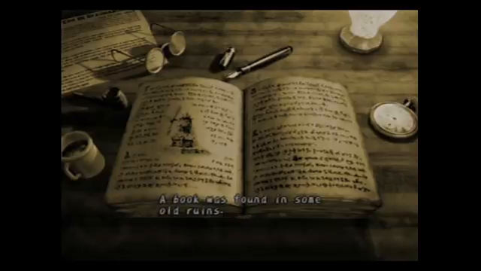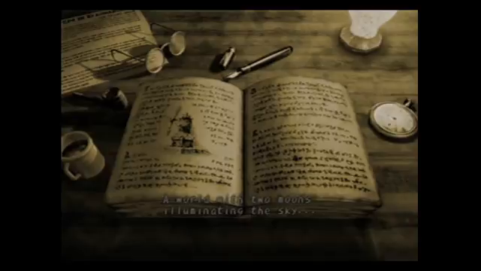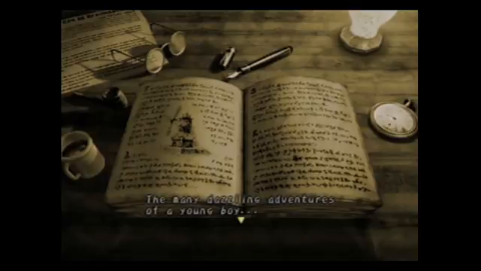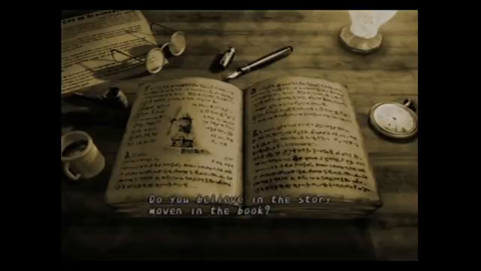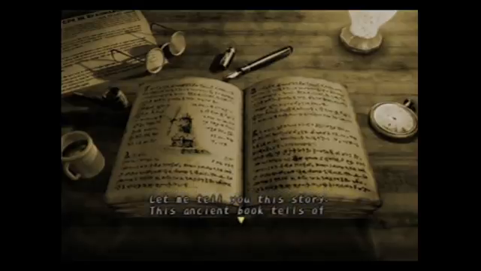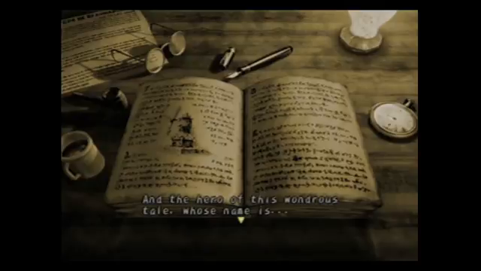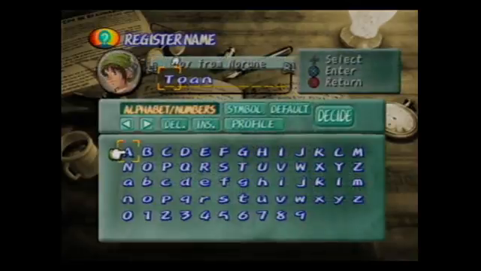A book was found in some old ruins. All the scholars who decoded it puzzled over the mystery of the book. A world with two moons illuminating the sky. The many dazzling adventures of a young boy. But whether or not this is a true story, do you believe in the story woven in the book? Maybe it's a fantasy that existed only in a boy's heart. Let me tell you this story. This ancient book tells of a magical and magnificent fairy tale. And the hero of this wondrous tale, whose name is...